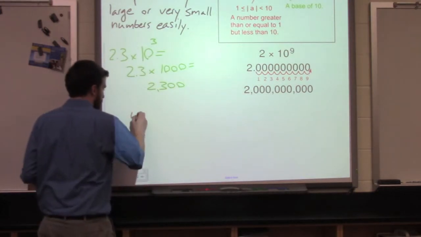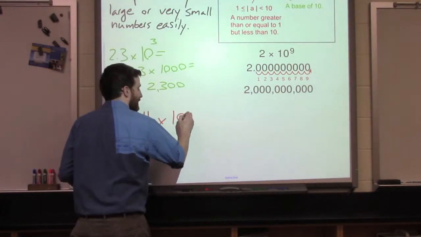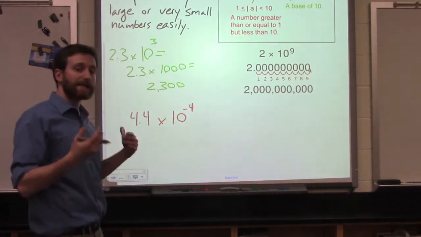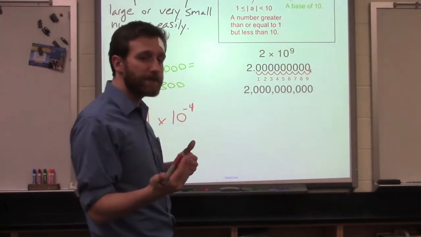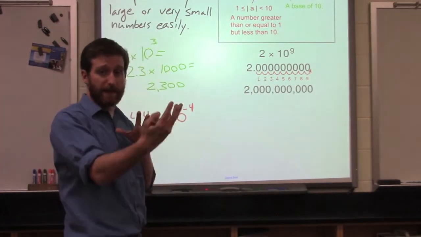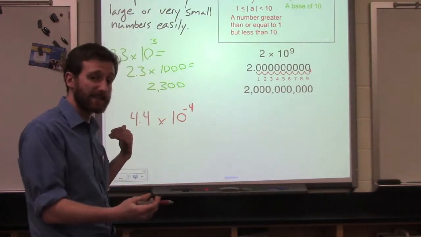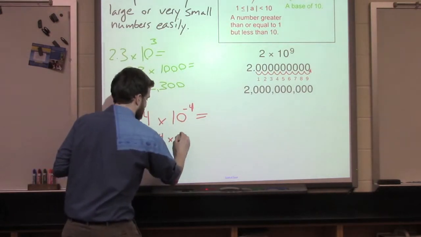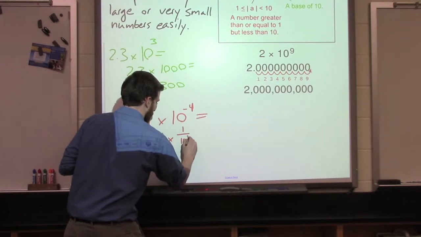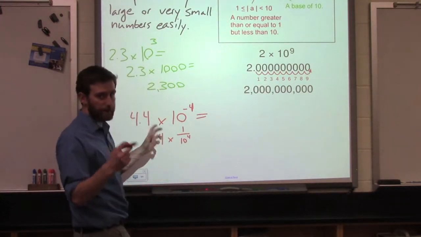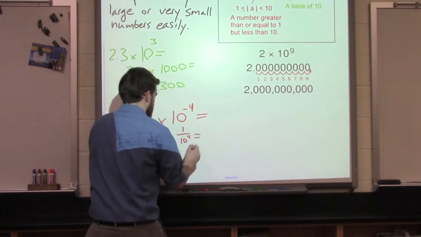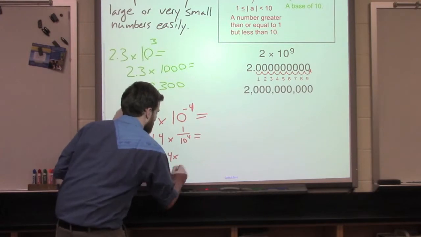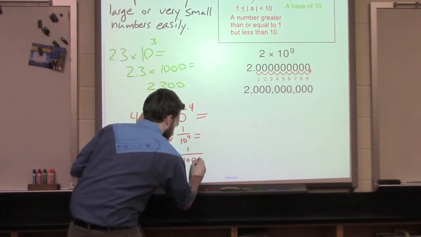Let's say I take 4.4 times 10 to the negative fourth. So here I recognize I have a negative exponent, and so I need to move the decimal point not to the right, making the number bigger, but I need to move it to the left, making it smaller. So this equals 4.4 times 1 over 10 to the fourth. And so that's where that dividing by powers of 10 comes in, which is the same as saying 4.4 times 1 over 10,000,